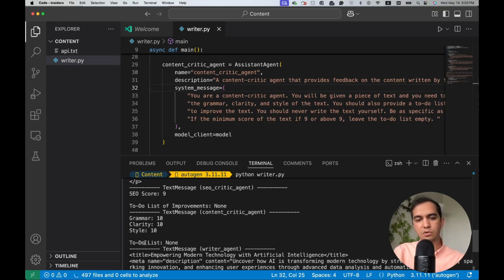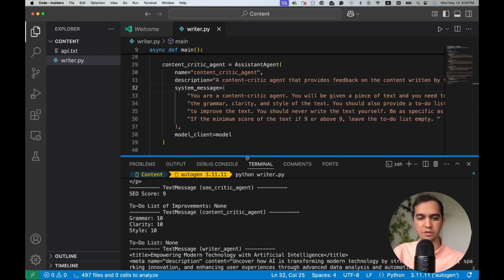But I have no control over the order that these appear. Maybe in another run, maybe if I run this 10 times, maybe clarity comes first, or maybe the to-do list comes first, or maybe instead of to-do list, it just says to-do and then colon. So I have no control over this one. And a better way to do this, since these different fields are specified by the developer or by us as project managers, let's say,